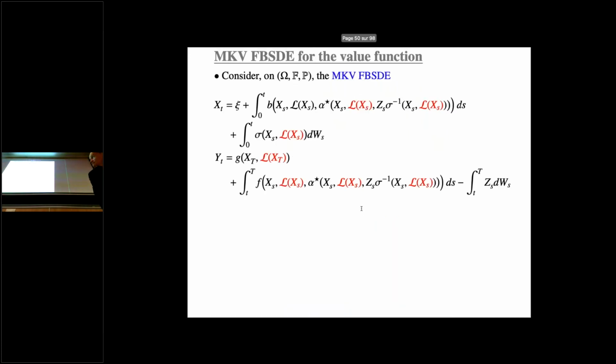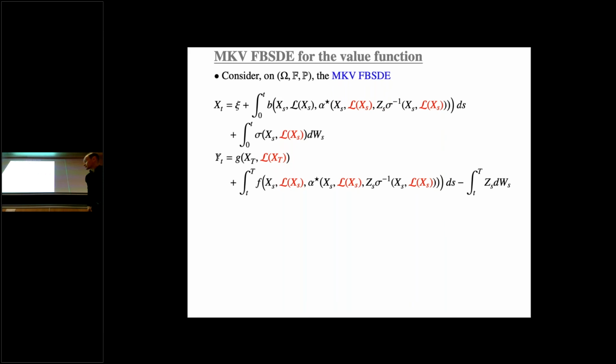Maybe I can try to clarify just for those of you who really want to know. If you want to represent the value of the game, this is basically what you have. The optimal trajectory depends on the law of X, and then you implement alpha star at Z. Once again, Z is given by the backward equation, and the integrand in the backward equation really tells you which strategy you have to play. And then this Y is going to describe, once again, the evolution of the cost when you sit down on the particles. So this is one type of forward-backward system of the McKean-Vlasov type.